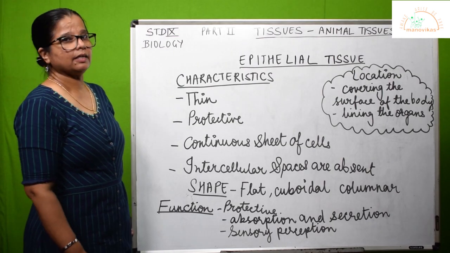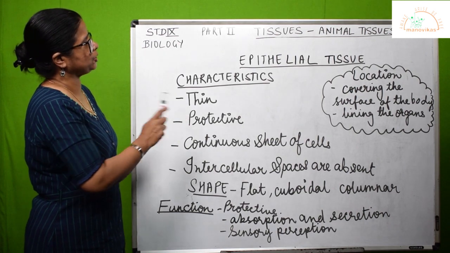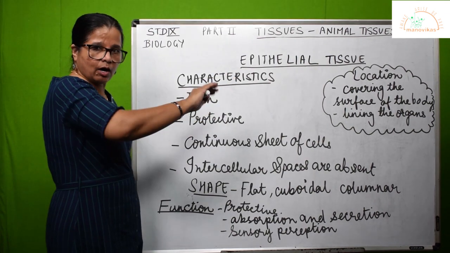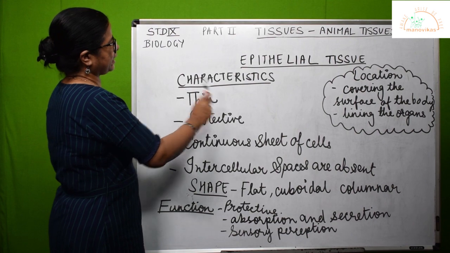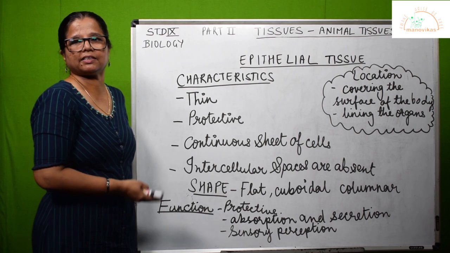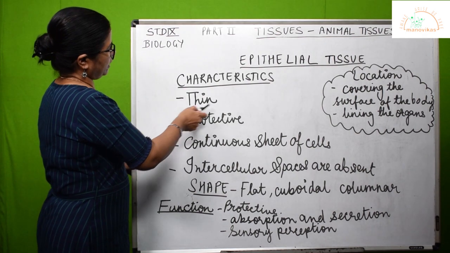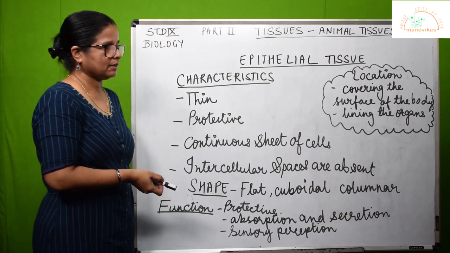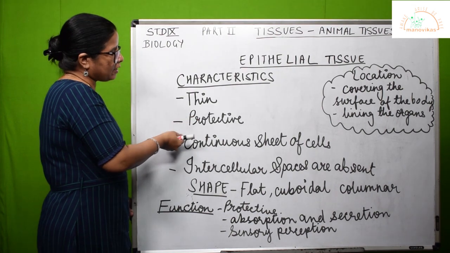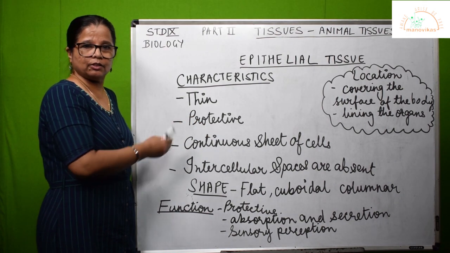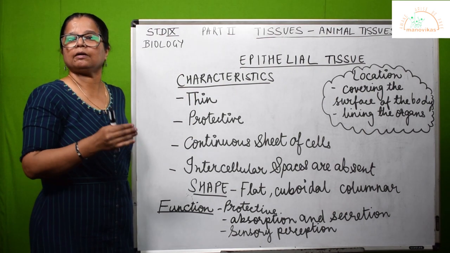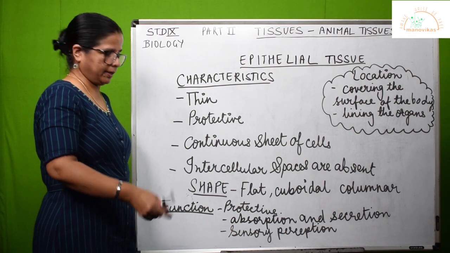Now let us study the first kind of animal tissue, the epithelial tissue. See, the word epi means like a cover, outside. Let us study the characteristics. If it is covering something, what should it be like? The name cover itself tells us that it is covering something. Now see, it has to be thin because it's covering the various organs outside, inside the body. If it's a cover, again it is meant to be protective in nature so that it shields that part of the organism from something from outside or inside.